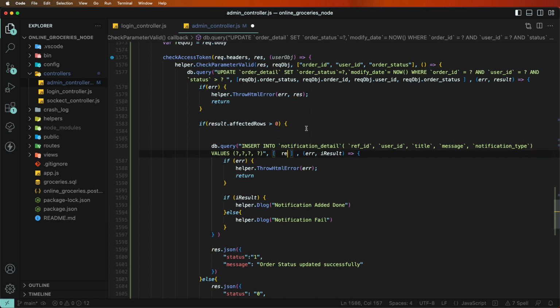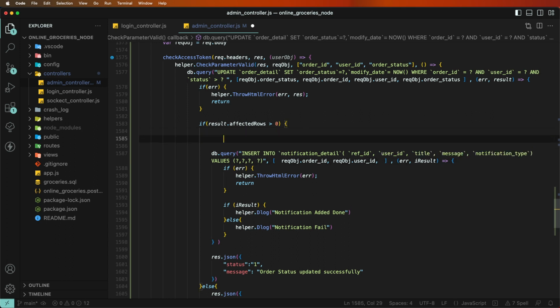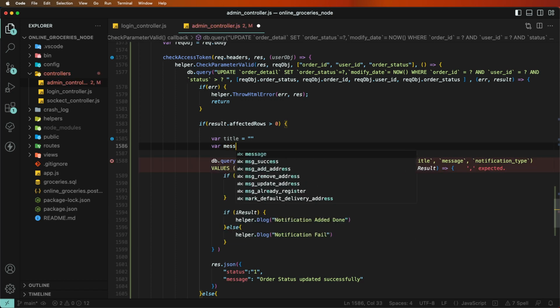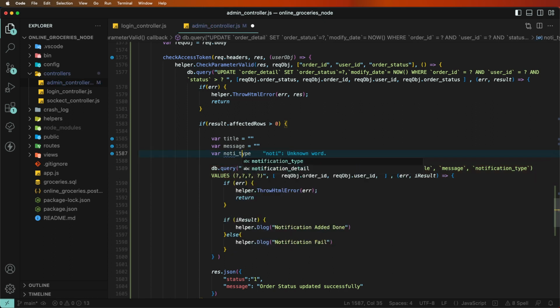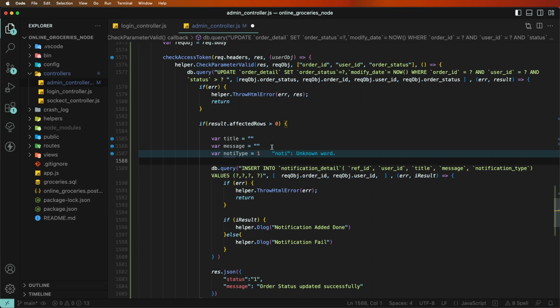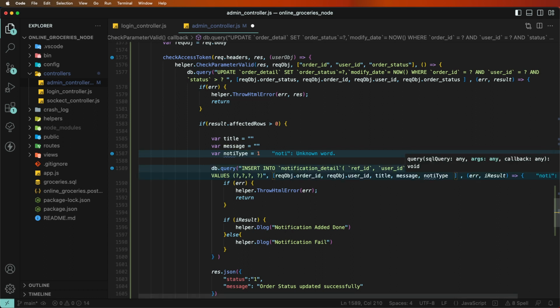And write down here what get the reference, and after request check the user ID, and after need to set here the titles, need to write down here. And options. Now need to by one parameters here. Now need to increase here one parameters because we need to